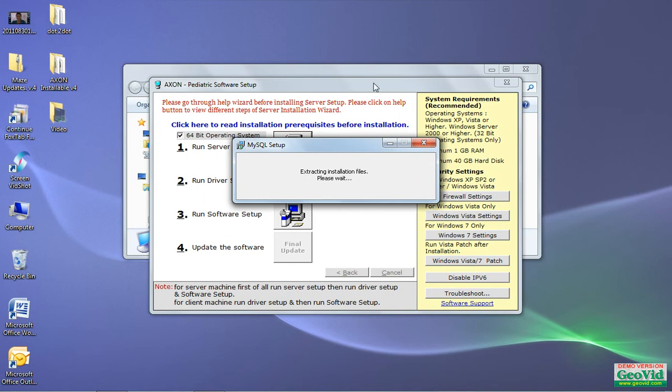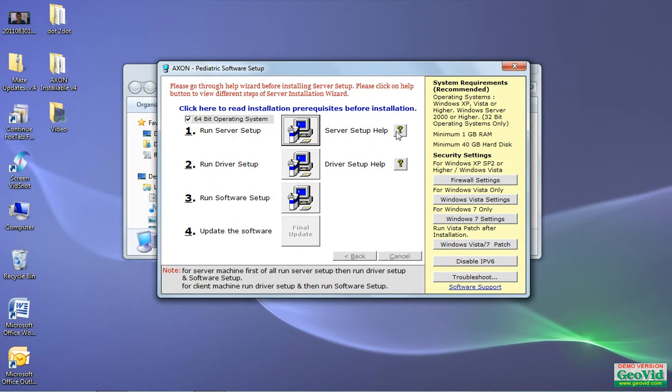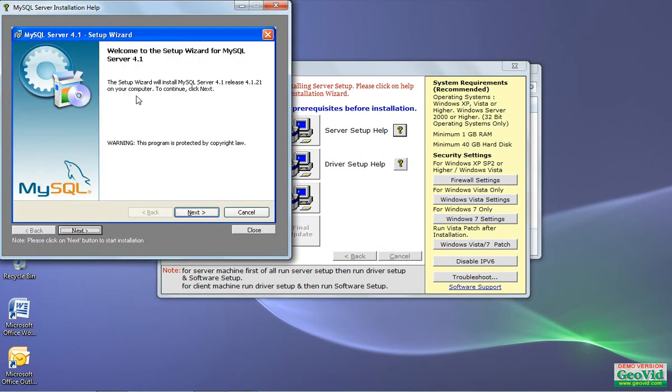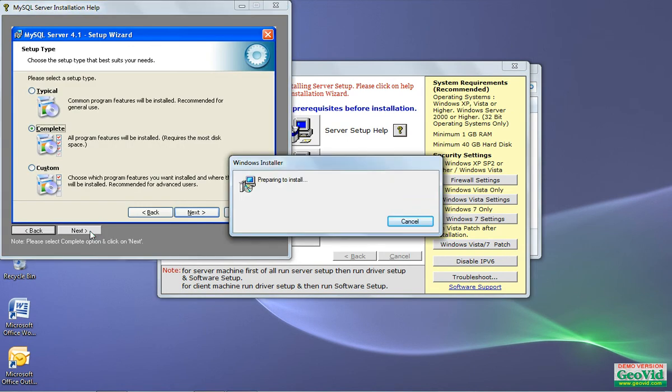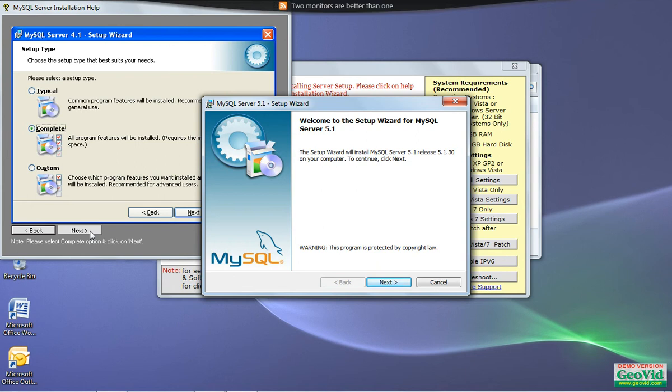For the installation procedure, there is this server setup help, the question mark. If you click on this question mark, it will guide you with a screenshot for the whole installation procedure, on which window you have to choose what and everything. As you can see,